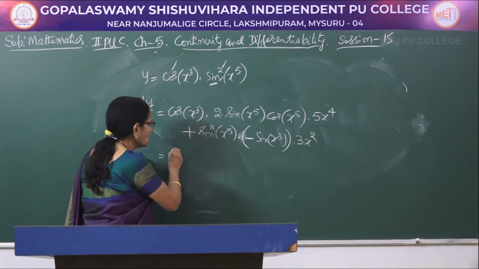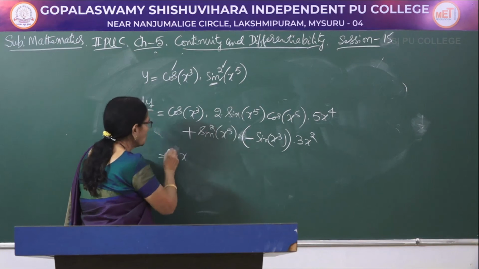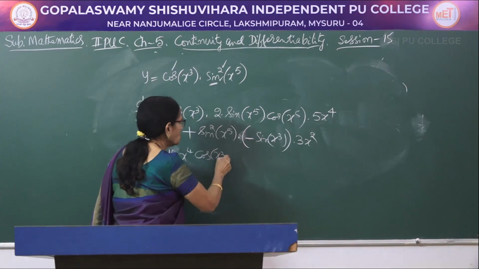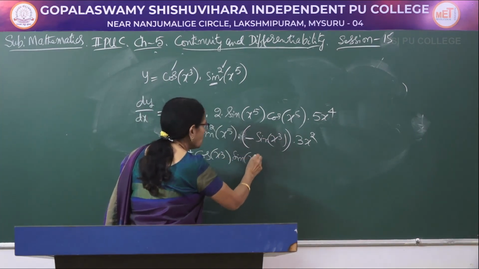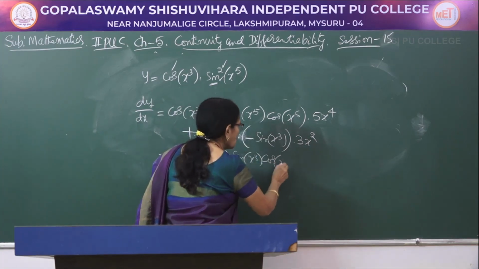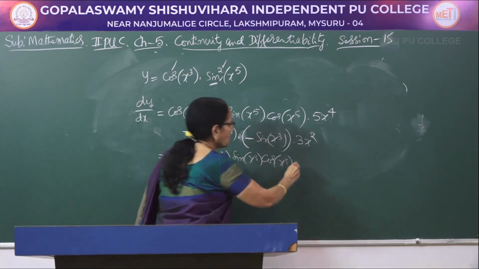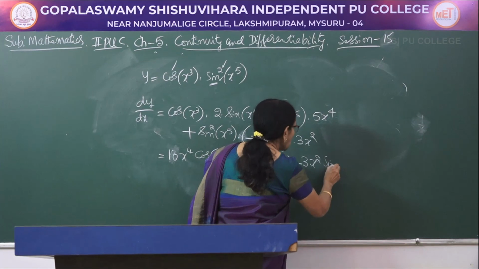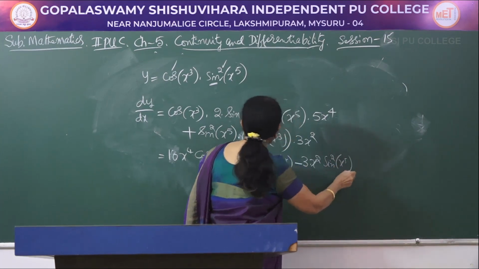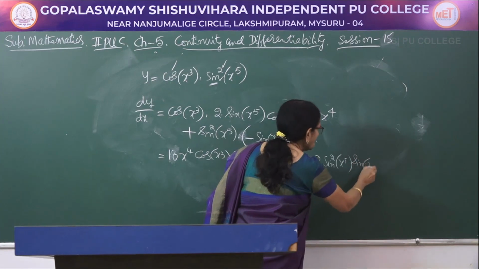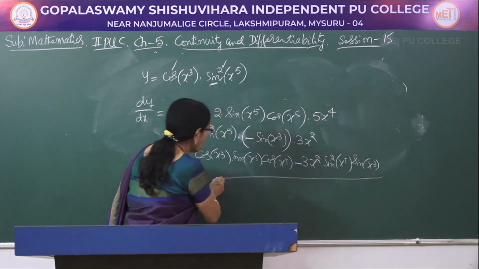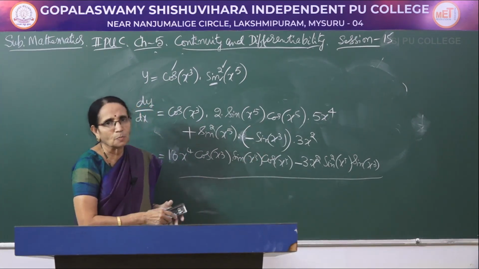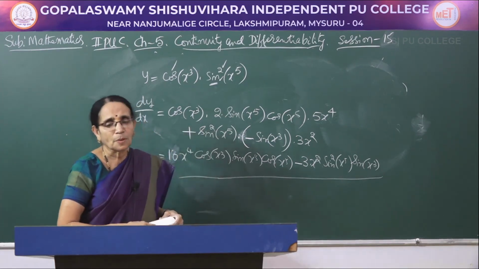Directly you can write it is 5 into 2, that is 10x to the power 4 into cos of x cube into sin of x to the power 5 into cos of x to the power 5. Then plus of minus minus, it is 3 into x square into sin square x to the power 5 into sin of x cube. Now, this is the answer. If you want, you can take a common factor. One is x square, the other one is sin of x to the power 5. Otherwise you can stop at this stage.